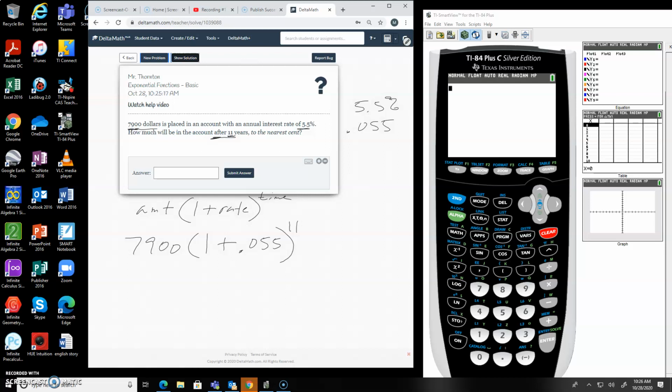So 7,900 parentheses 1 plus 0.055 parentheses, and then hit our button to make an exponent, and then it's after 11 years. We hit enter, and that's going to give us